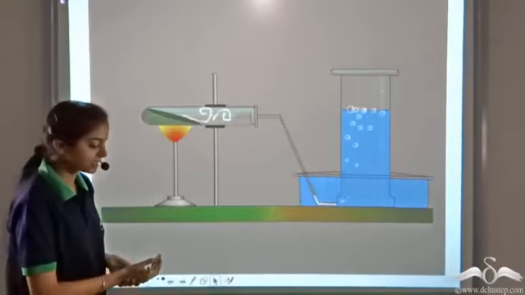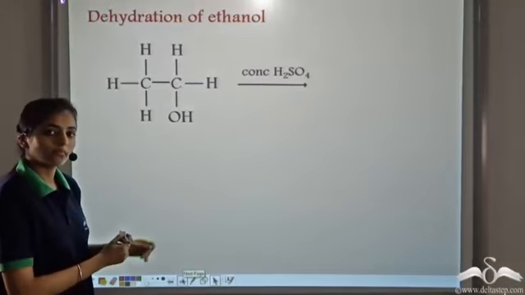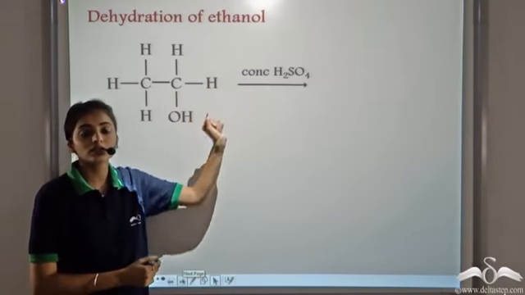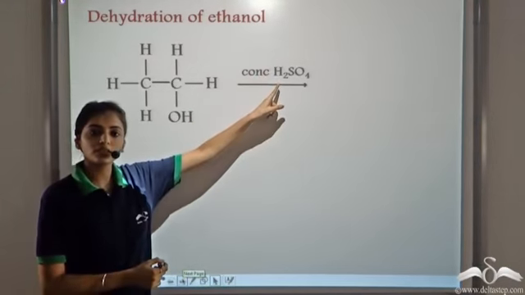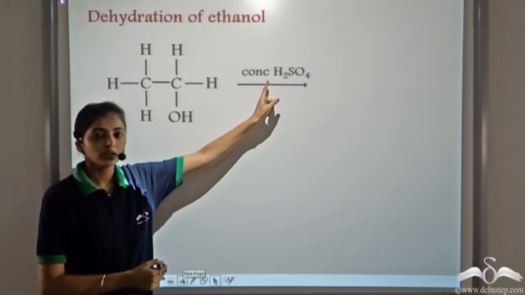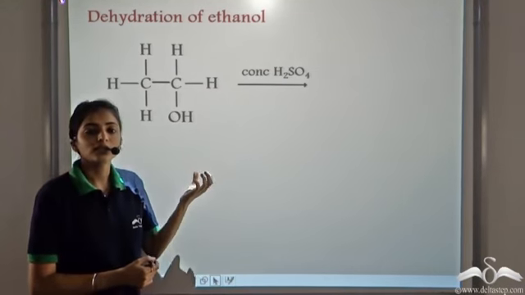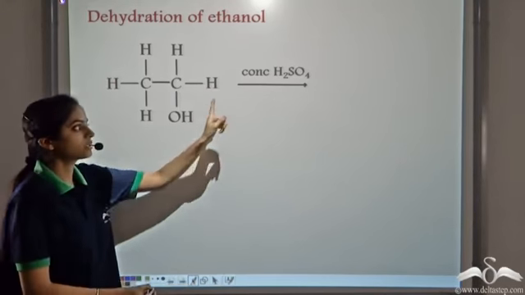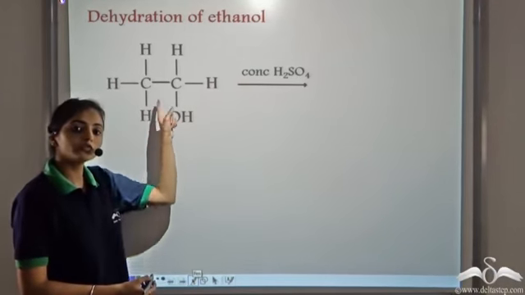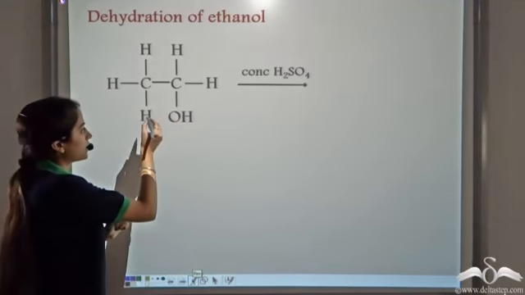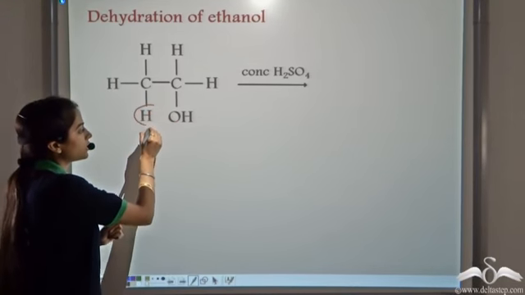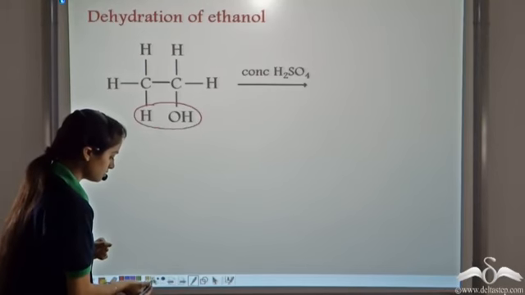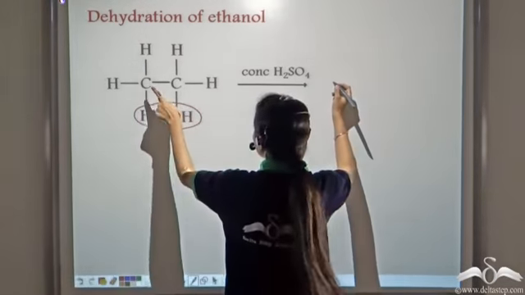Let's look at the reaction that is taking place. So we have ethanol. Ethanol is heated in the presence of concentrated sulfuric acid. Now, concentrated sulfuric acid has a special property. It is used for dehydration. That is, it removes water from substances. Now, in this case, concentrated sulfuric acid removes water from ethanol. That is, this H is removed and this OH is removed. As it removes this water molecule, we get